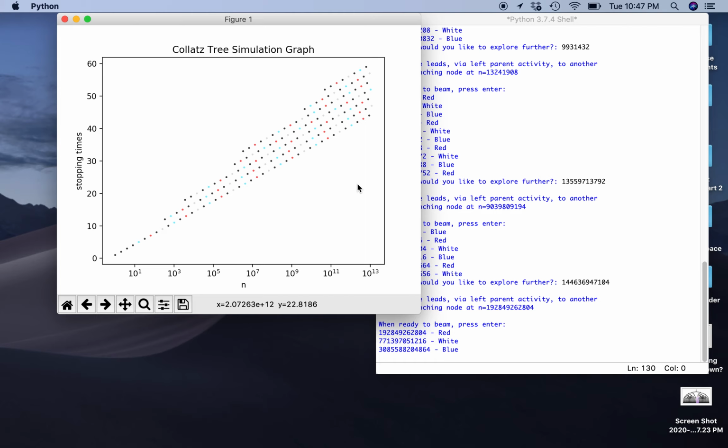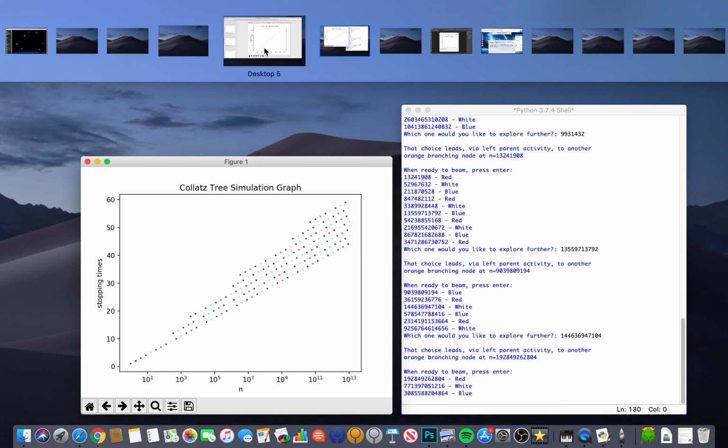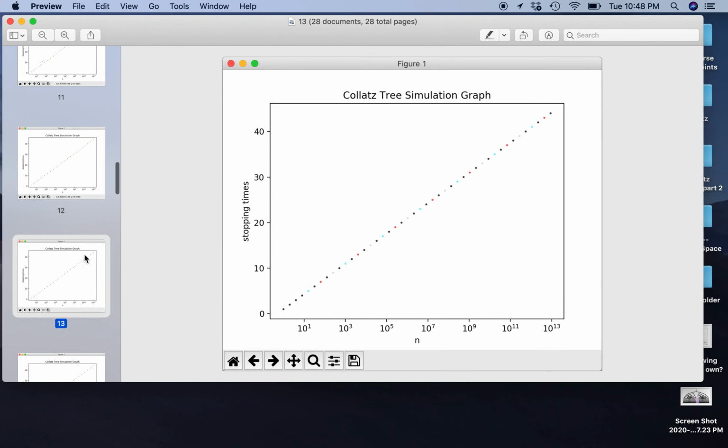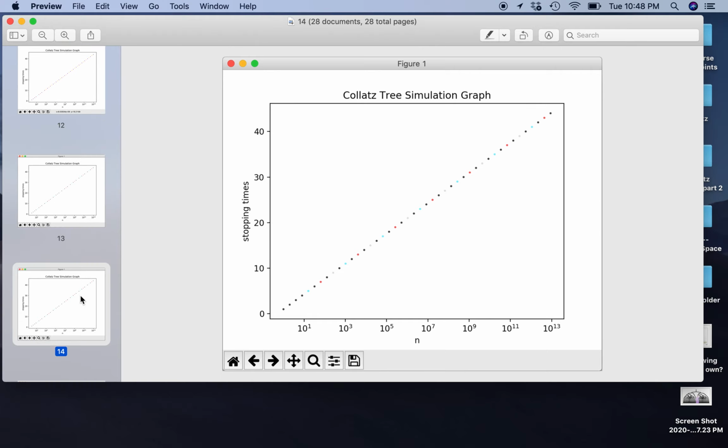Alright, so we can see that there's somewhat of a chaotic pattern here, but I'm at least beginning to label the various different types of behavior and trying to make some sense out of this phenomenon. Let's take a closer look at one of the patterns that I've found. So when you take this first white node here, what kind of behavior do you get out of it? The first white node